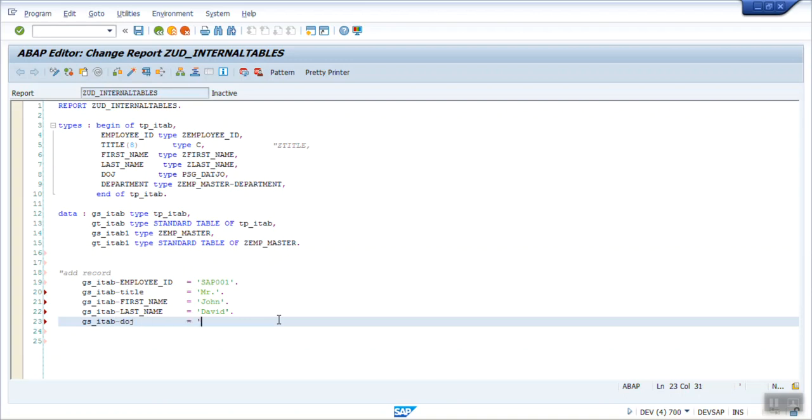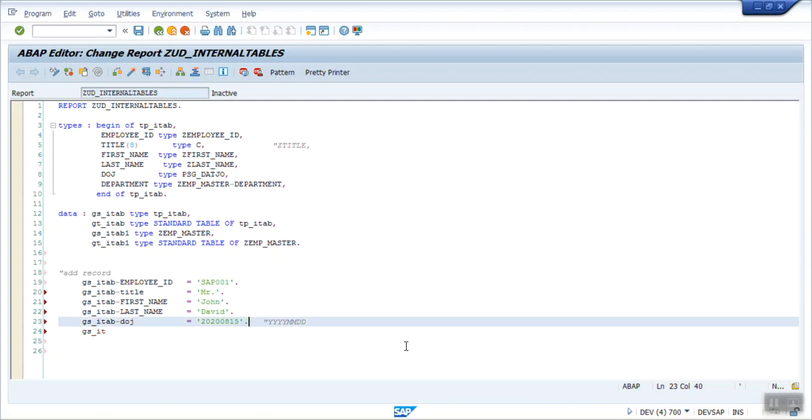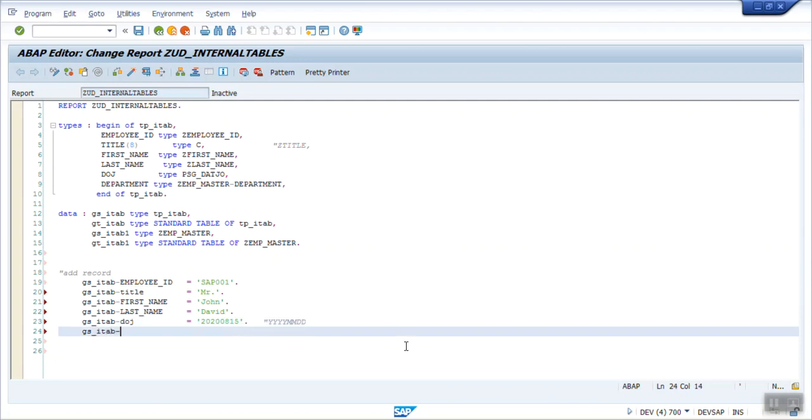When you want to assign the value, the date is always 8 digits, and the format is year, month and date. This format you have to follow for the internal assignment of date. And my next value is gs_itab department. My department is IT department.